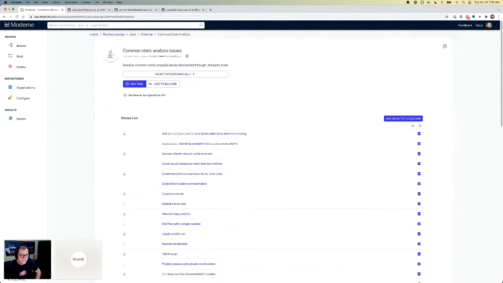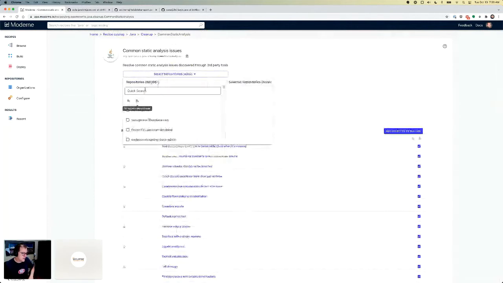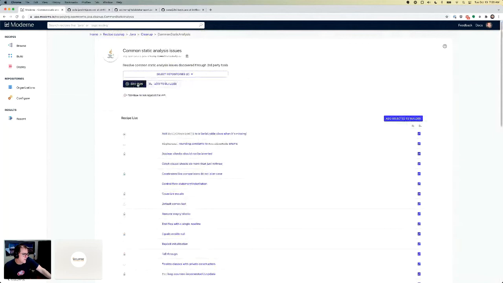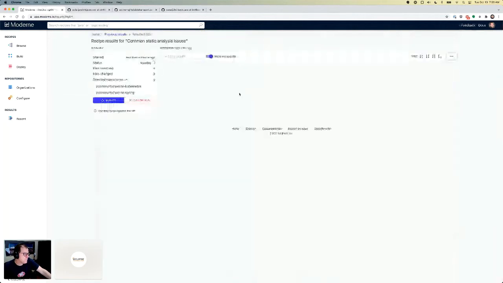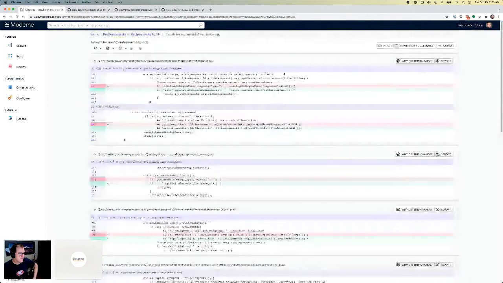So for the sake of time, I am going to clear this, and I'm going to pick on one of our own projects. I'll use OpenRewrite. We'll just pick our Spring one. Oh, all right, we'll pick Kubernetes. It got stuck in there too. And do a dry run on it. So now this is going to run all of those remediation things on the projects. So let's go see what type of things it did here.